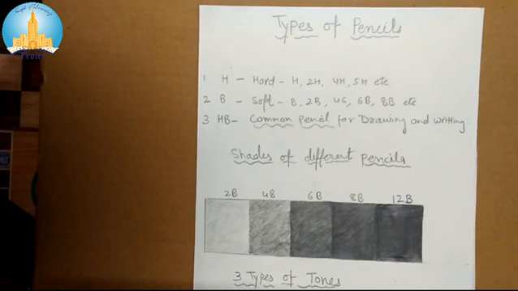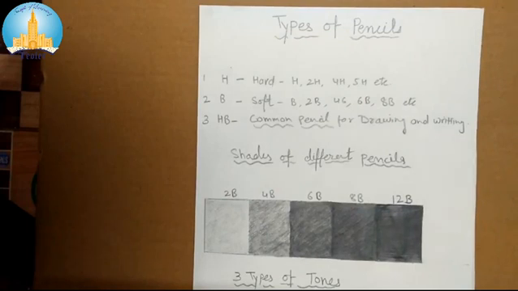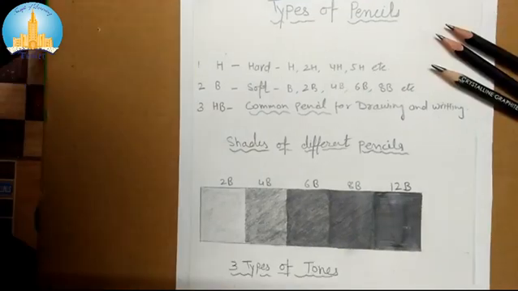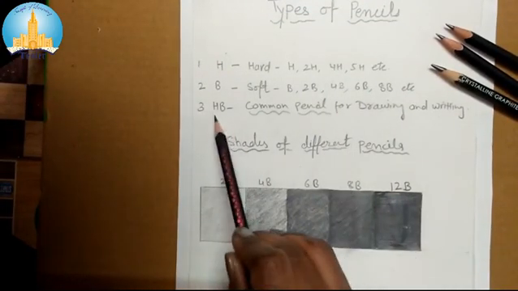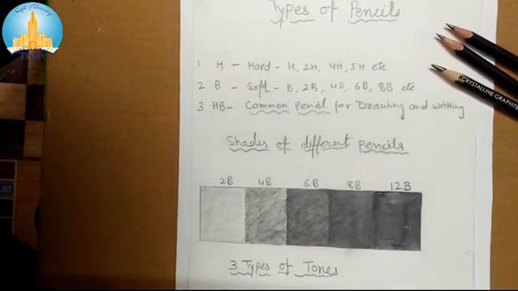As you all know, I think you are using these pencils in your grades for doing some pencil shading. Now come to the next. That is the most common pencil, which kids are also using. This common pencil is HB. This HB pencil is used for drawing and writing. Is that clear to all? So how can we get the shade? We have the more common pencil, called HB, which is used for drawing and writing as well.